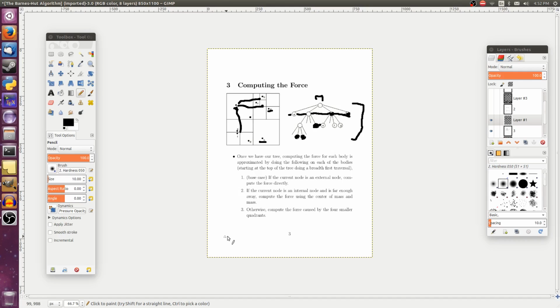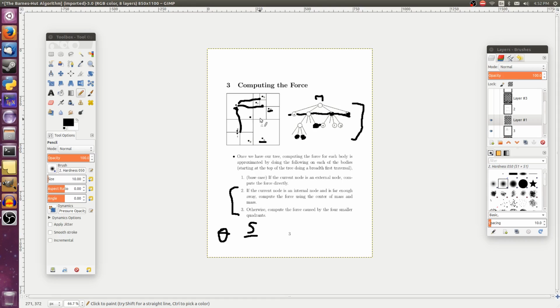We're going to quantify it by computing a certain ratio. For each node that we come across, well, all the internal nodes, because the center-of-mass rule only applies to internal nodes. If we get to an external node, we just have to compute the force directly because we're at the end of the line. But if it's an internal node, then we compute this ratio,